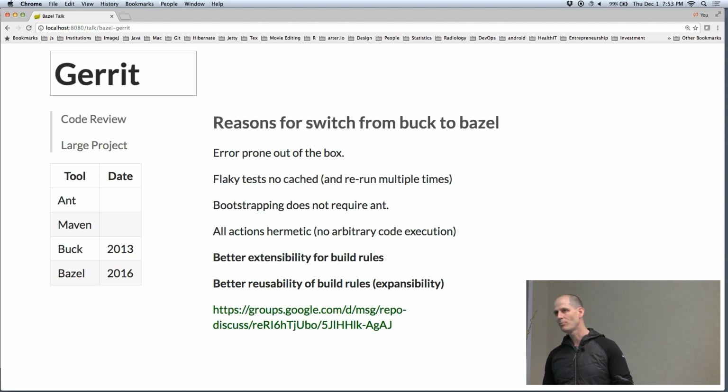They initially started with Ant back in the day. Then they were able to ditch that and go to Maven. And then they were able to ditch Maven, and they transitioned to Buck when it first came out in like 2012, 2013, and have been using that until they just made the switch to Bazel. And the reasons for that are several, but the main reason is that Buck is kind of hard to extend. It's much harder to extend Buck than Bazel, and you also get the full power of Python, which is actually